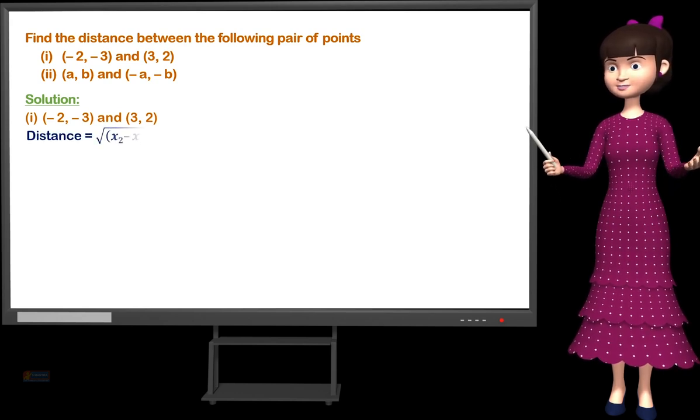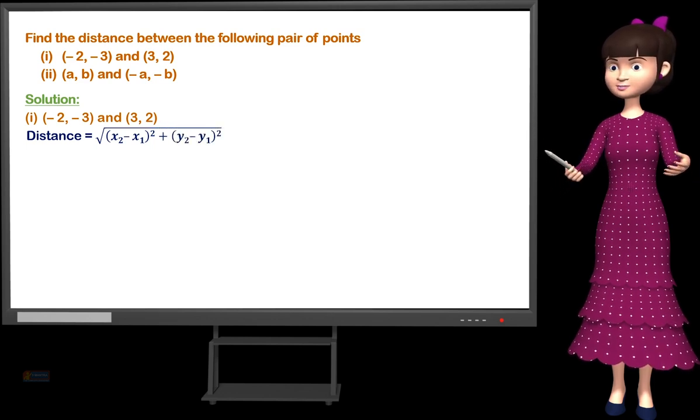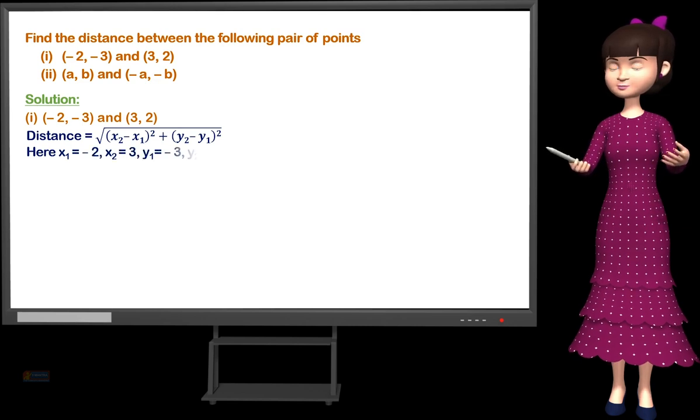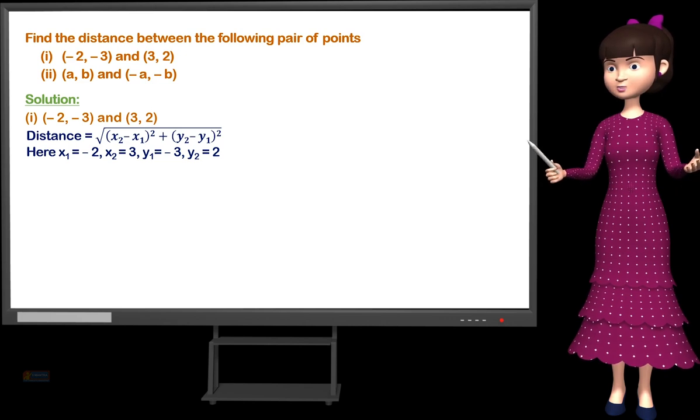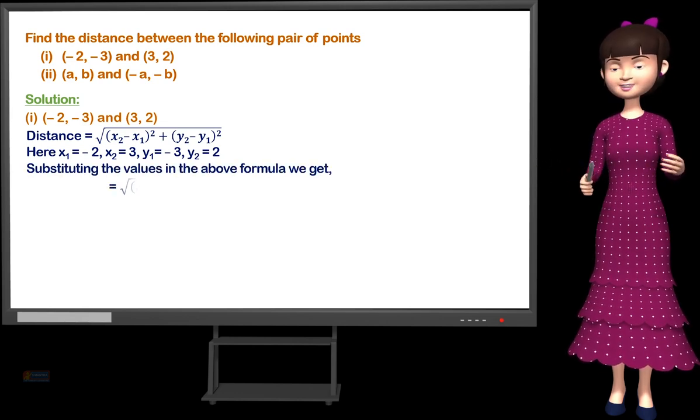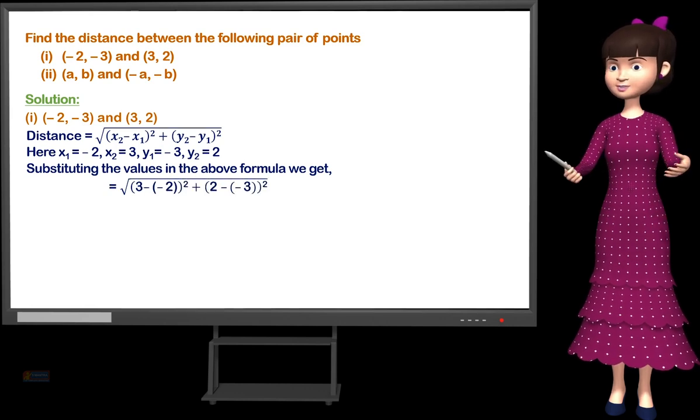Distance formula, we have distance is equal to under root x2 minus x1 whole square plus y2 minus y1 whole square. Here x1 is equal to -2, x2 is equal to 3, y1 is equal to -3 and y2 is equal to 2. Substituting these values in the above formula, we get under root 3 minus of -2 whole square plus 2 minus of -3 whole square, which gives under root 5 whole square plus 5 whole square, which is